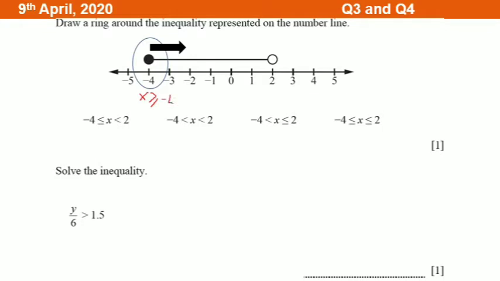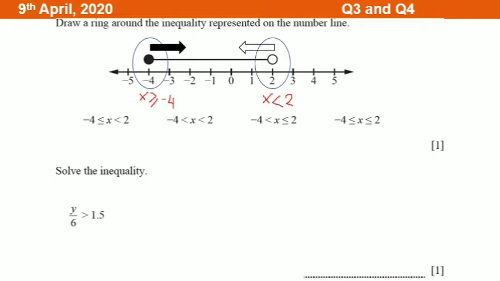Now go to the white circle. The white circle is on number 2. And also the line will be going to the left. The numbers left of 2 will be getting smaller, right? So I can say that x is smaller. What number is it? Number 2. There is no equal because the circle is not shaded.